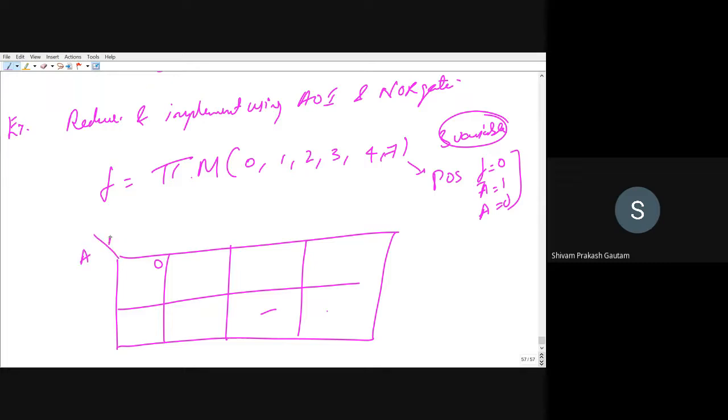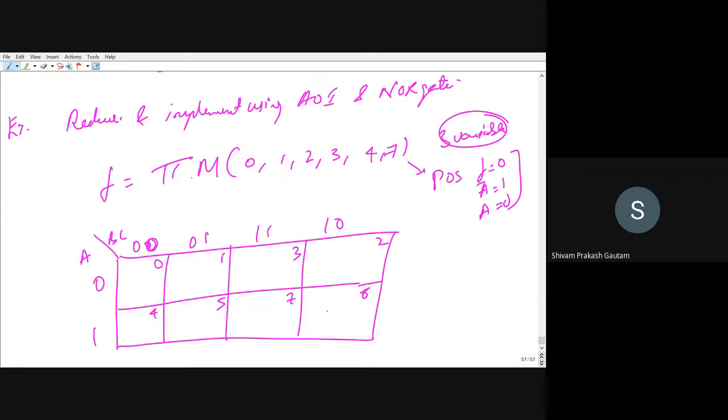This is A, B, C, 0, 0, 0, 1, 1, 1, 1, 0, and 0 and 1. Zero cell, first cell, second cell, third cell, fourth cell, fifth cell, sixth cell, seventh cell. So you have to fill the max terms. In max terms, you have to represent them using 0.